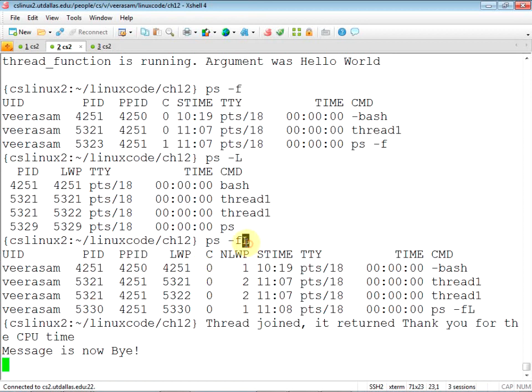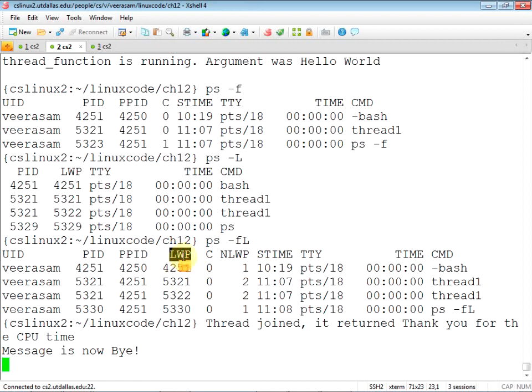Now this -L option shows a new term, LWP. It's a fancy term for a thread, lightweight process. Solaris introduced this term because the thread was taken down all the way to the operating system level, so now it became OS aware.